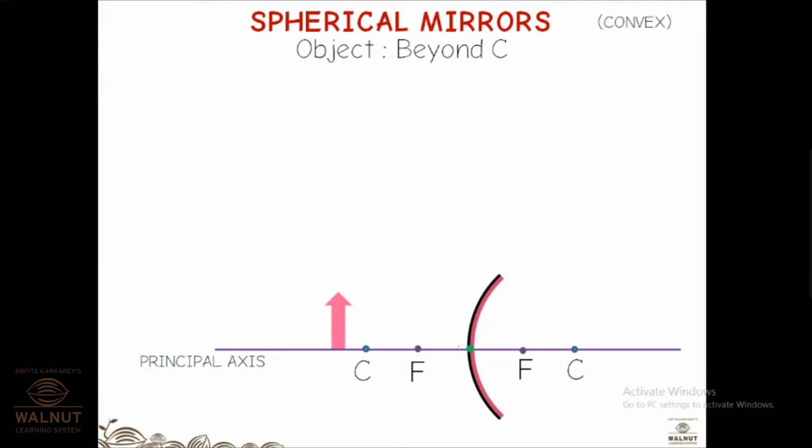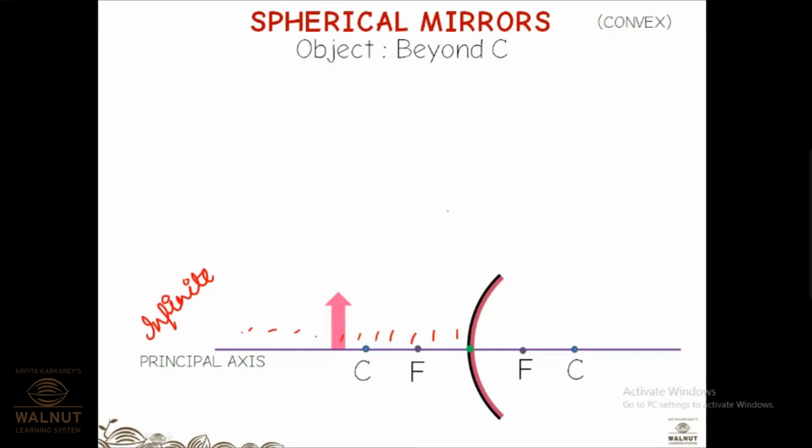You can start from this point. So you can keep an object here, then here. You can move it away till infinite distance. Is this part clear? Where the object can be placed? It can be placed anywhere away from the reflecting surface. Okay, object should not be kept here because no image will be formed then.